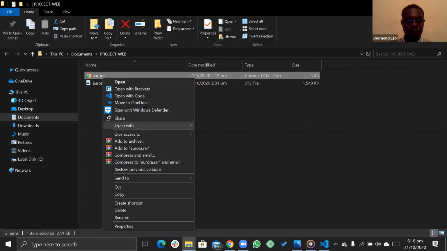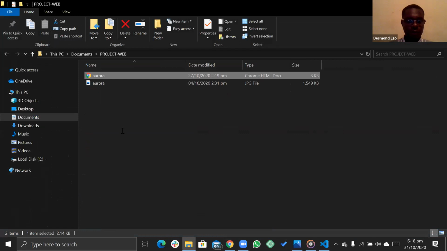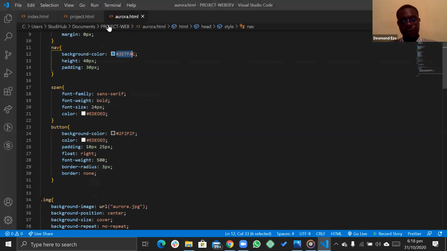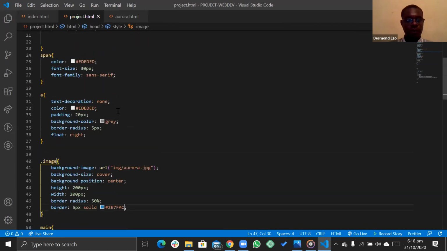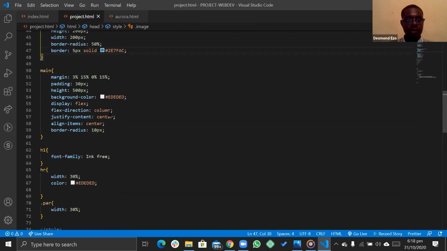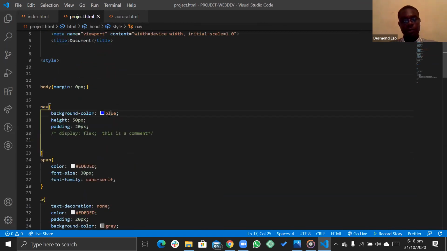So let me check for that color. Yep. So this is the color. Control C. And yeah, Control V. So that's the color code for that color. So anywhere I see blue, I'll replace it with that color. And I save.